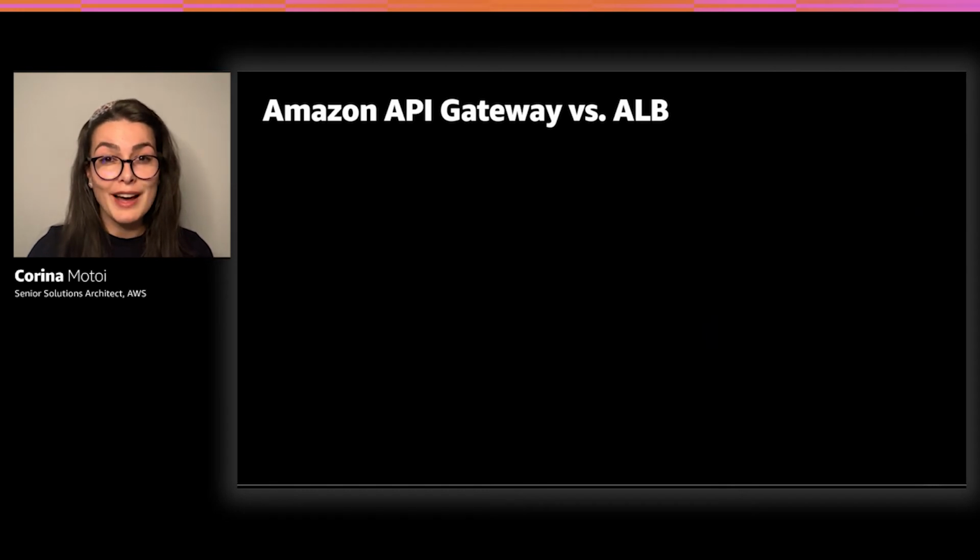Hopefully by now you have quite a clear understanding of how an elastic load balancer works when it comes to serverless targets. So let's switch the topic a little and look at the entry point of a serverless application. Quite often, the discussion that I'm seeing is whether to use an API Gateway or an Elastic Load Balancer as the front end to your serverless application. So in the next couple of minutes I'm going to walk through the similarities and differences when using either of those two